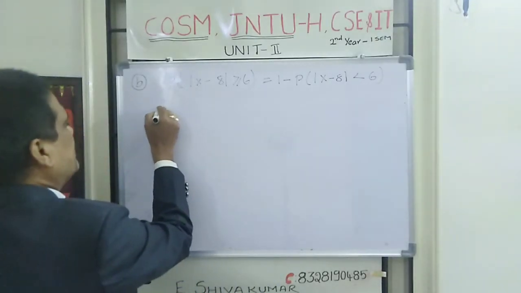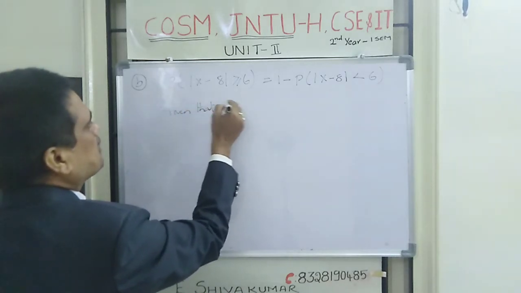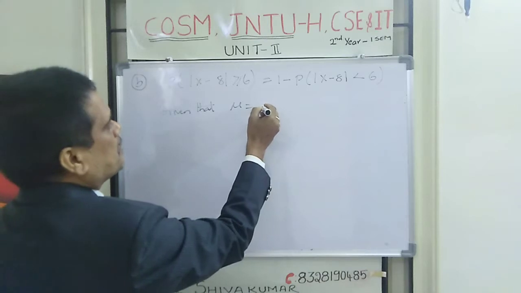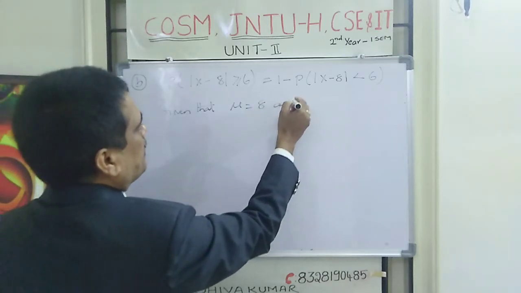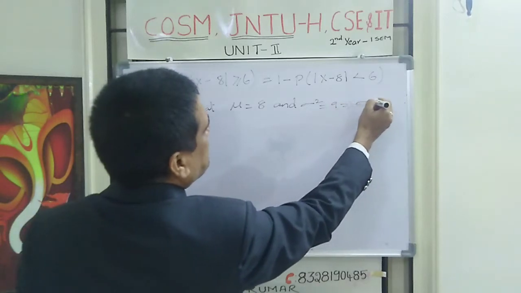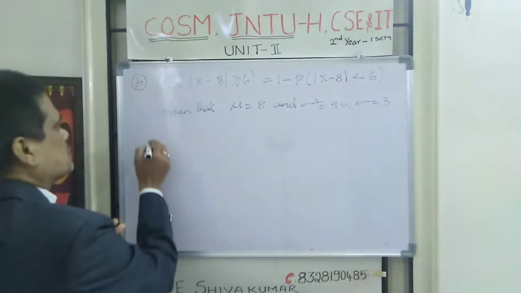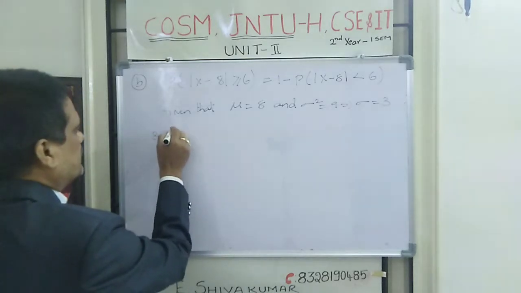So what is given? Given that mu is equal to 8 and sigma square is equal to 9. That implies sigma is equal to 3. Okay. So by Chebyshev's theorem,